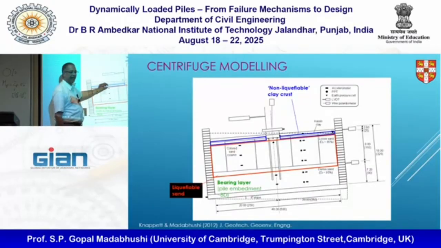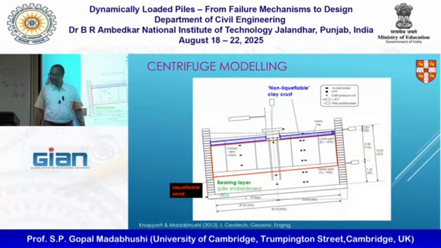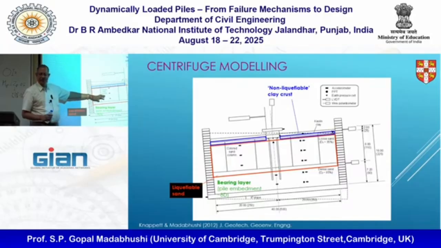We had some kaolin clay, which is pre-consolidated to have a given undrained shear strength. So the clay is homemade, we make it ourselves, so we know exactly what strength it is. Then we had a liquefiable layer, relative density of about 35%. So we know when we shake, that will definitely liquefy, and below that we have dense sand at relative density